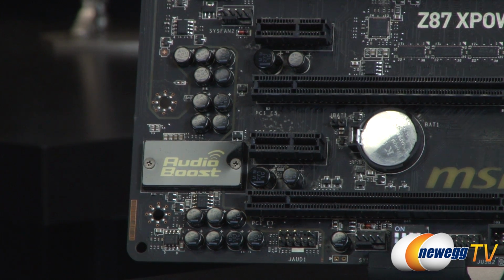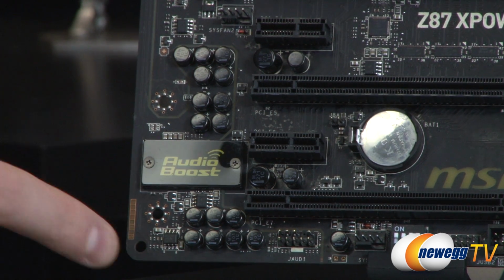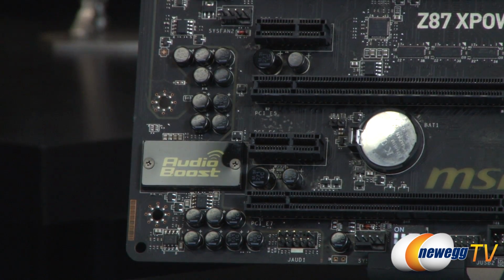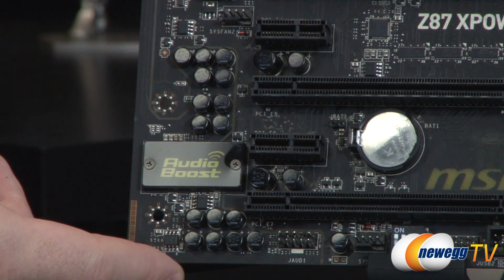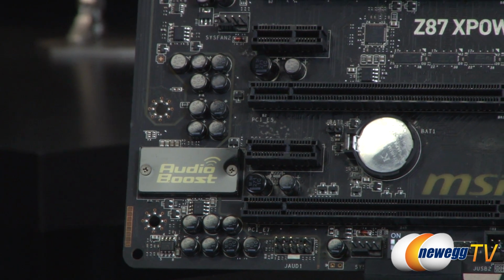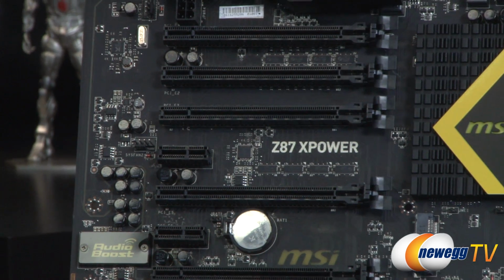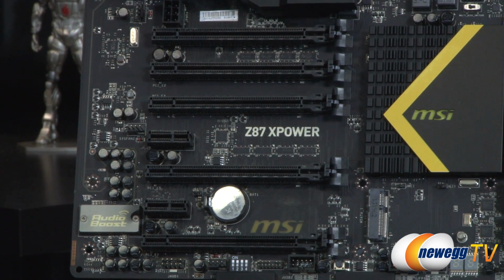Speaking of audio, it's based on the Realtek ALC1150 codec, supports 7.1 channel high definition audio, and that line goes all the way up the board, even up to the analog connectors that are in the rear I/O. Moving along, we have PCI Express, and again, this board features support for 4-way CrossFire X and SLI configurations, so